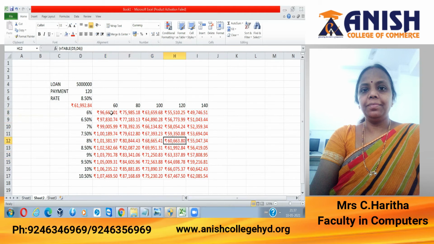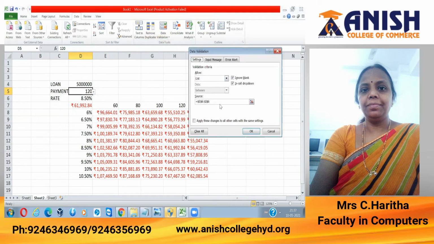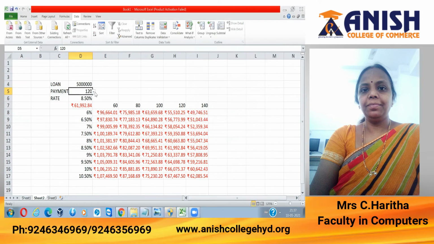But every time, searching in this grid becomes difficult. So we make it easily identifiable. These are the changes I make. Instead of making the payment value a single value, I make it a list. How do we make a list? Go to Data Validation. You say it is a list, and these are my source of values, right? So here I'll get a list of all the values.